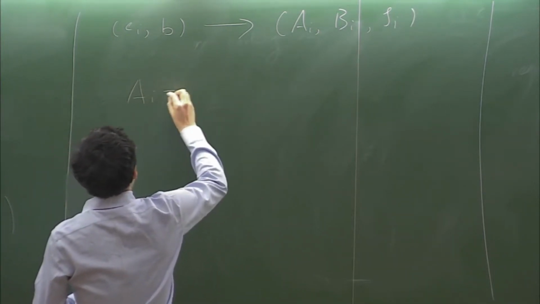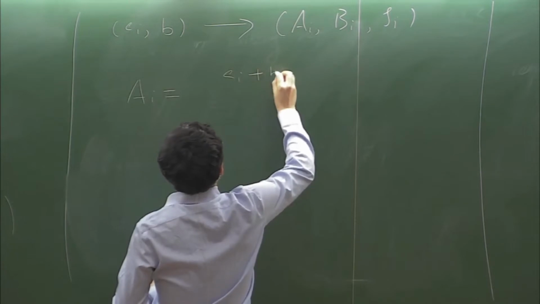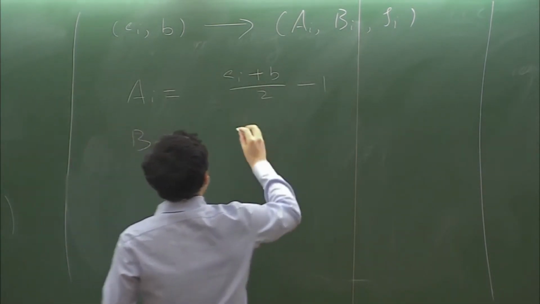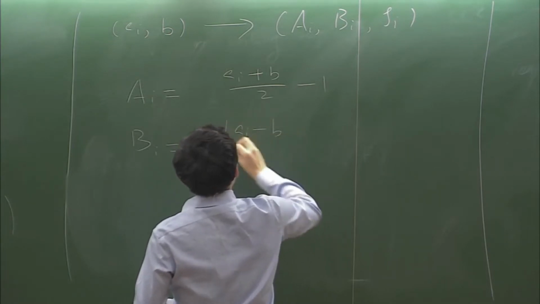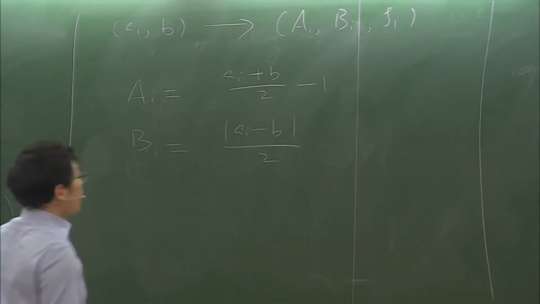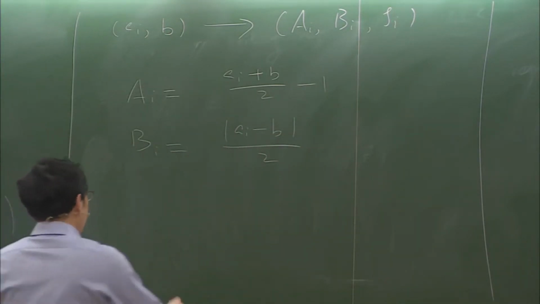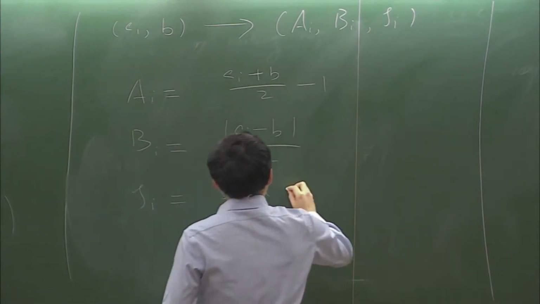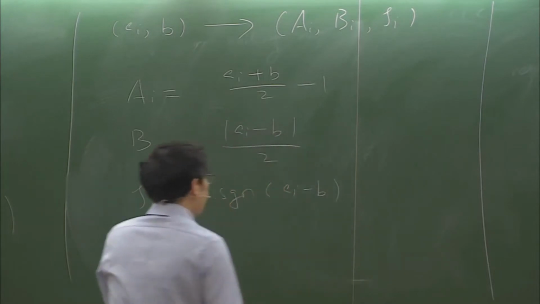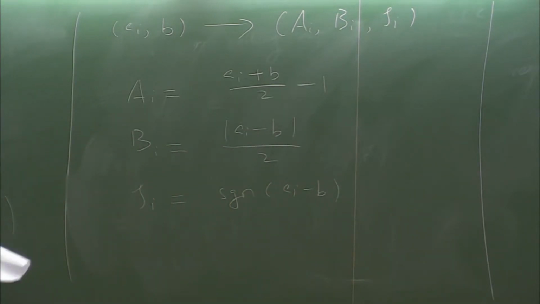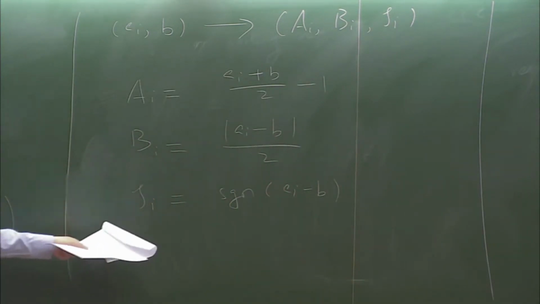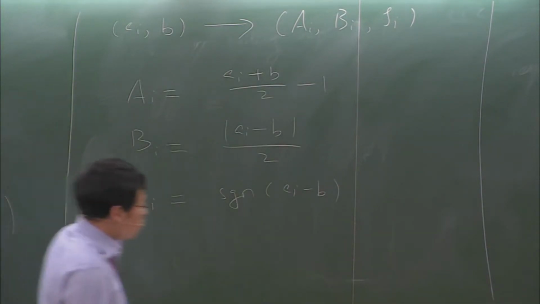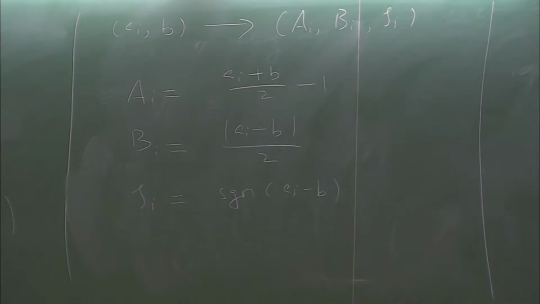So this capital A_i is A_i plus B_i over 2 minus 1. This capital B_i is the absolute value of A_i minus B_i over 2. And then this zeta_i is the sign of the difference between A_i and B_i. And in case A_i is equal to B_i, you can take this zeta_i to be either plus or minus. Okay. And once you do this transformation,